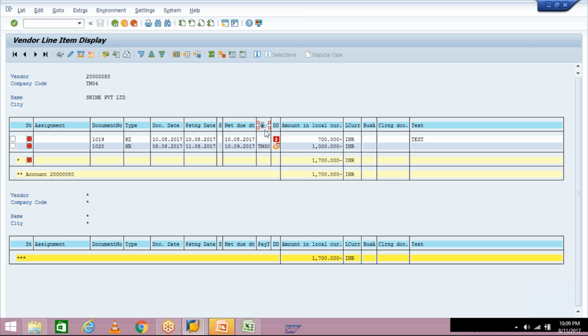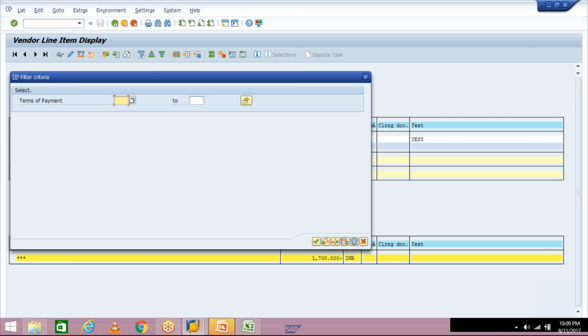First of all, click. See, this is converted into gray color, and then the filter button is there, set filter. Click on set filter,